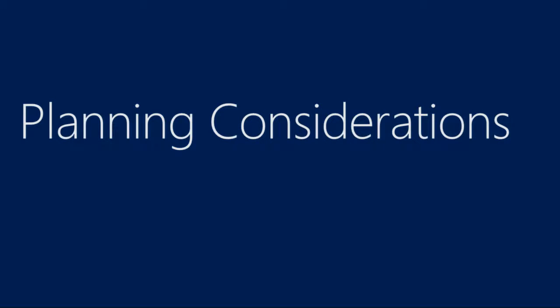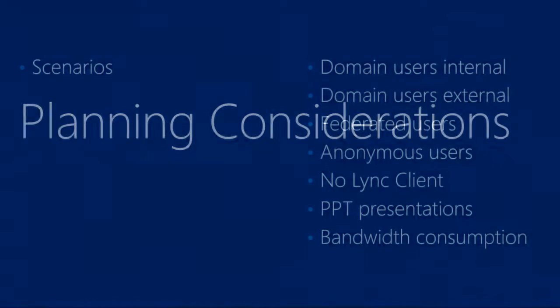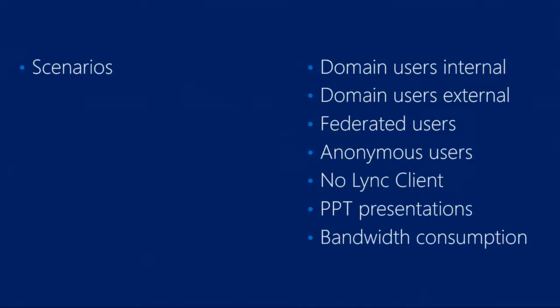Planning considerations. People are probably saying, finally. The scenarios that I can see: domain users internal, domain users external, and we got federated users, and we got anonymous users. We got people that need to come into your meeting potentially with no client whatsoever. We got people that want to do PowerPoint presentations, and everybody knows that you need to have a WAS or you're not doing presentations, period. The 2013 client will just come up and say, too bad for you. And a WAS is really easy to stand up. And who all here has actually stood up a WAS server? Sweet. Was it hard, easy, in between? Pretty